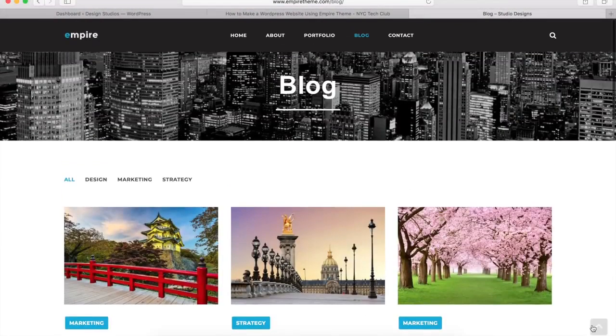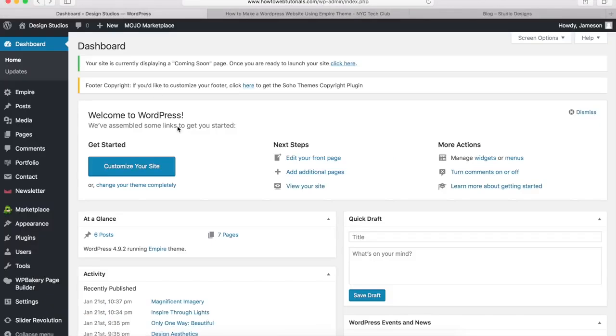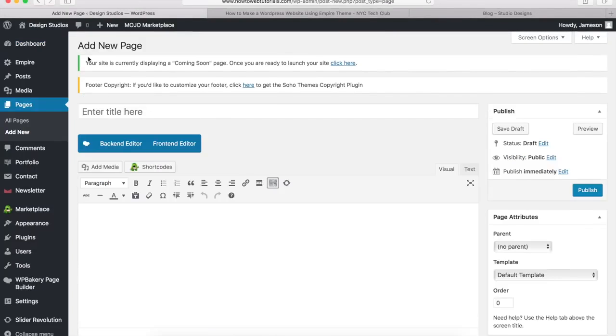So if you want to learn how to make this page for the WordPress website, we want to go back to the website that we're making, and we want to create a new page. So hover over Pages and click on Add New. And once you're on the Add New page, the first thing that we're going to do is type in our